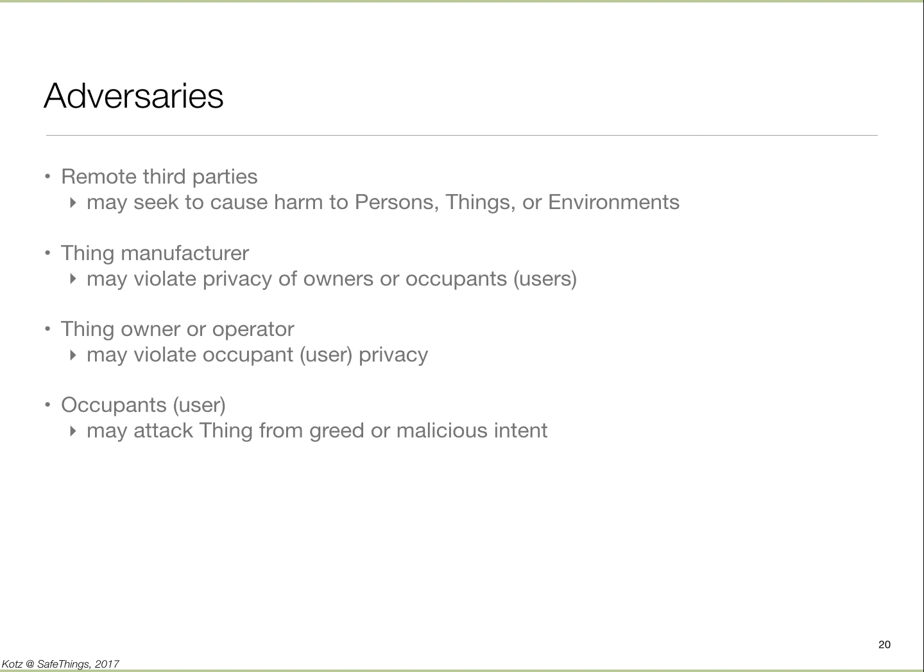You may also have issues where the owner or operator of the thing violates the trust. An example is some of the news items in the past year or two where Airbnb hosts used webcams or microphones to spy on their guests. That would fall into this example where you are a visitor into that space and you have the reasonable expectation of privacy.